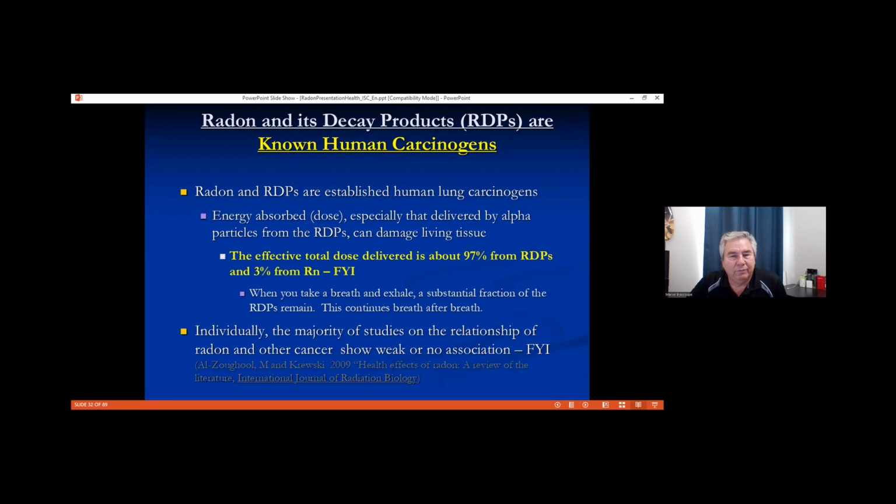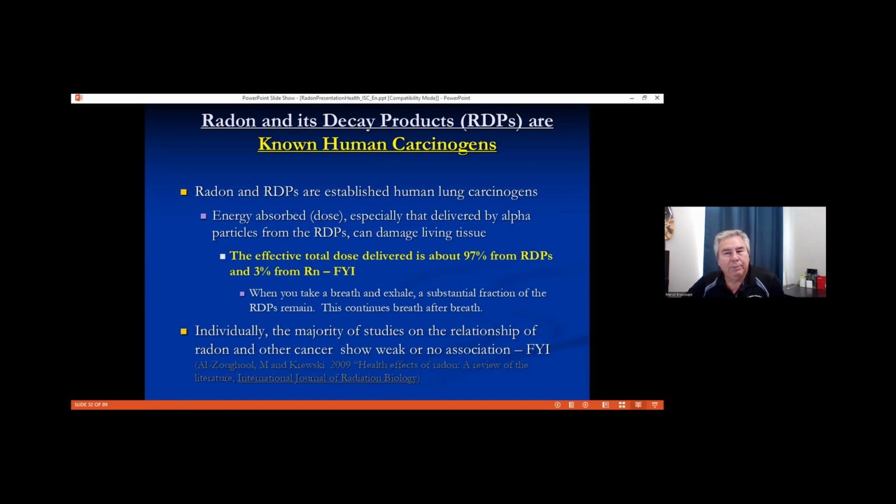than radon itself. Now, to explain this, when we talk about radon, which is a gas, we breathe it in, we breathe it out. For that disintegration to occur and that release of the alpha particle to occur exactly at the moment that radon has landed in our lungs, the chance is pretty small.